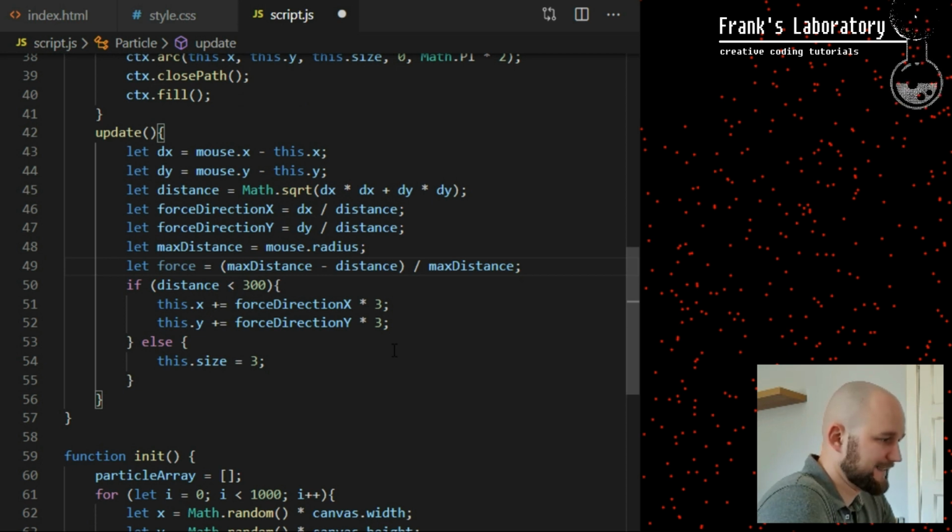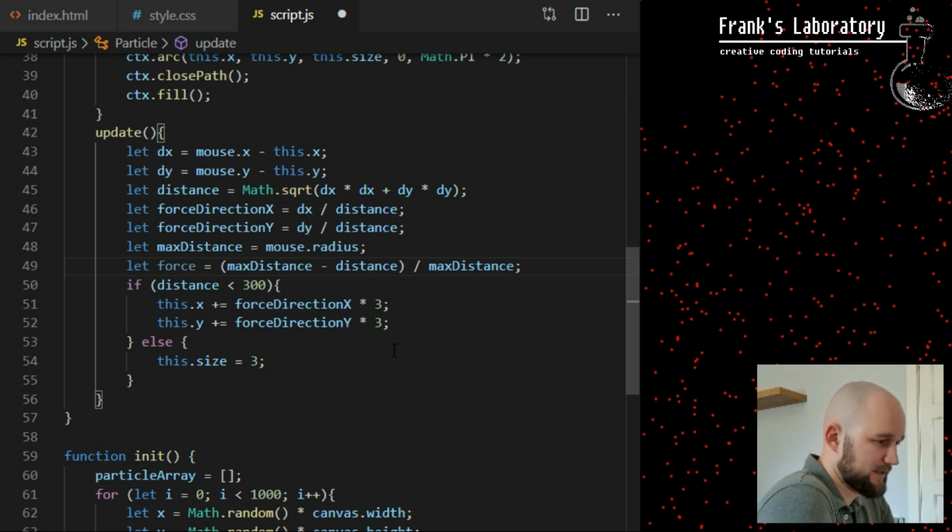Let's say there is a particle halfway between 0 and 250, so this particle is roughly halfway between these values. It is 125 pixels away from the mouse. At that point, I want that particle to be moving at 50% speed, so I need force variable to be equal to 0.5 at that point. If I multiply current speed times 0.5, it will move at 50% speed. When particle reaches 80% towards the outer edge of interaction circle, I want it to move at 20% speed, so I want force to be 0.2. When particle is at 90%, I want it to be moving only at 10% of its original speed, and so on.